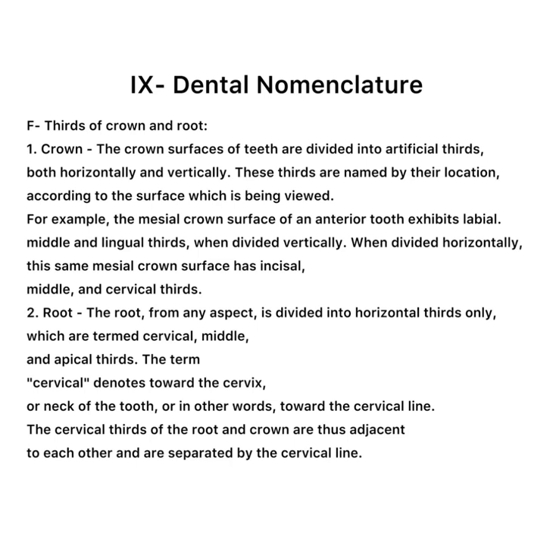For example, the mesial crown surface of an anterior tooth exhibits labial, middle, and lingual thirds when divided vertically. When divided horizontally, this same mesial crown surface has incisal, middle, and cervical thirds. Second, root. The root from any aspect is divided into horizontal thirds only, which are termed cervical, middle, and apical